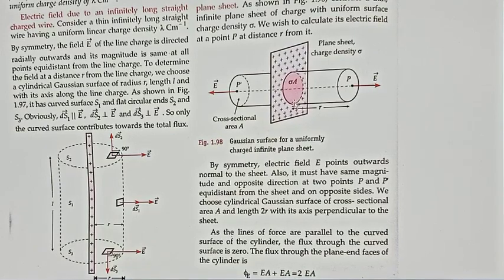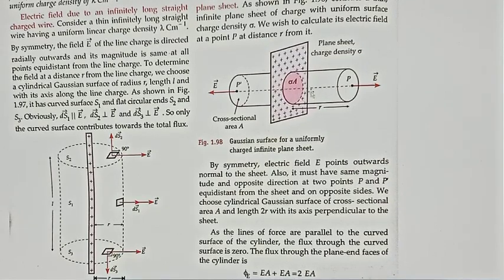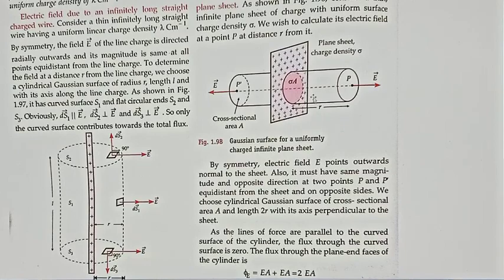Fine. Now definitely you have to consider a Gaussian surface here also, and on that Gaussian surface you have to consider the point. Now we are considering the point P on the flat surfaces of the Gaussian surface. Here the Gaussian surface can be a cylinder, or it can be a rectangular surface also. For making the problem simple, we are considering the Gaussian surface to be a cylinder, and you see on both the flat surfaces we have considered the points P and P dash.